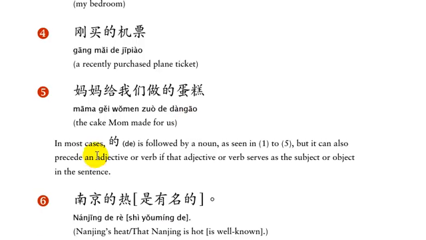Here, in most cases, the 的 is followed by a noun, as you see here. 的蛋糕, 的机票, 的卧室. Okay, and we saw that in 1 to 5. But it can also precede an adjective or verb if that adjective or verb serves as the subject of the sentence. Okay, so for example,